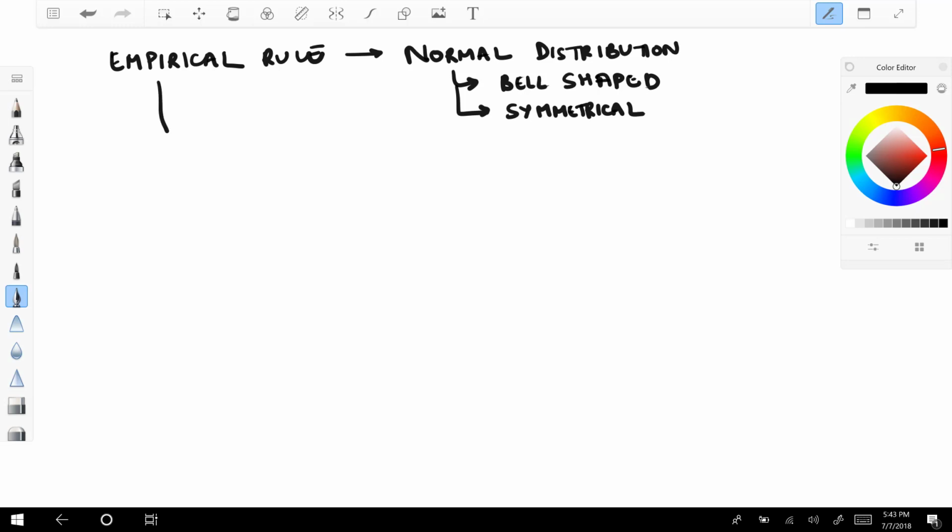So the empirical rule says, if we have a data set which looks normal, or bell shaped, or symmetrical, then